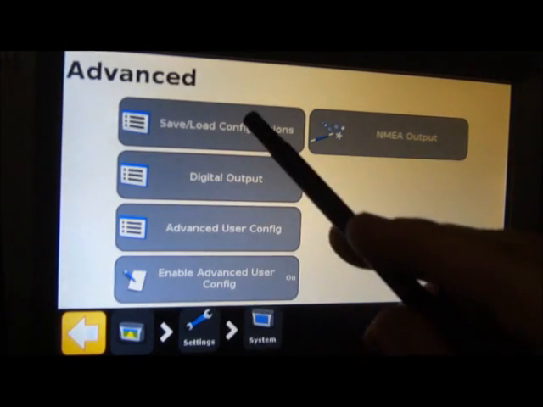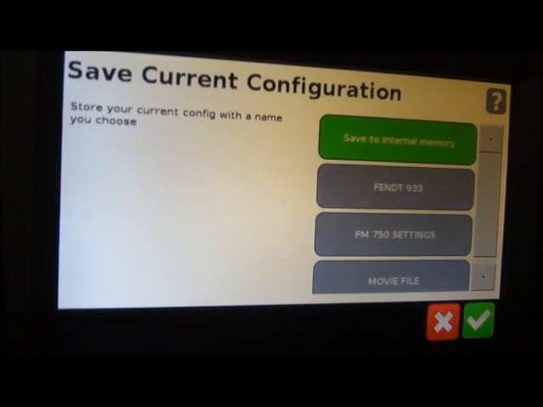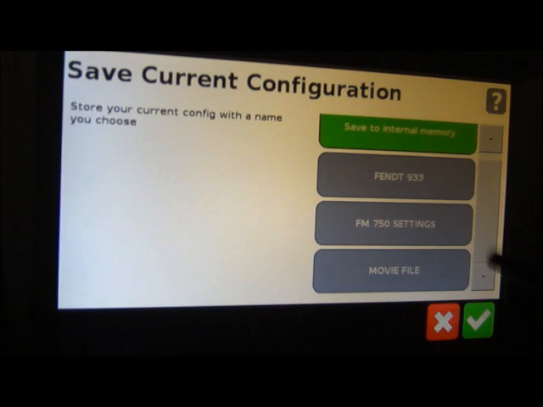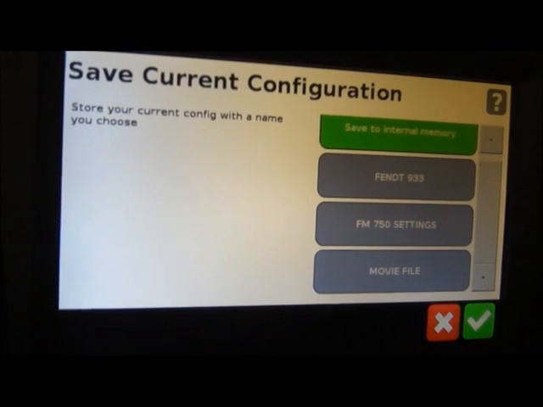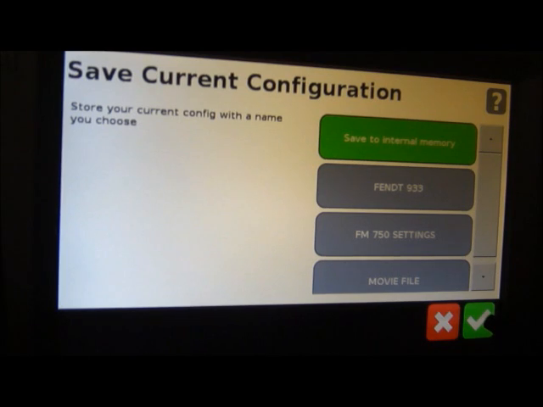We will go to Advanced, Save Load Configurations, and Save Current Configuration. You can see the one we just saved, which is just our tractor, our Fendt 933, has been saved in there, and you can go back and pull that up at any time. But we want to save a new one with our implement, so we hit the green check,